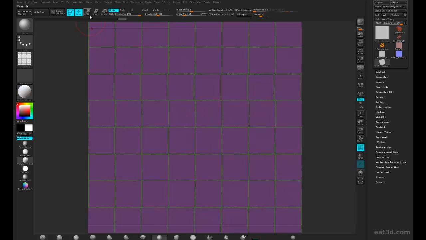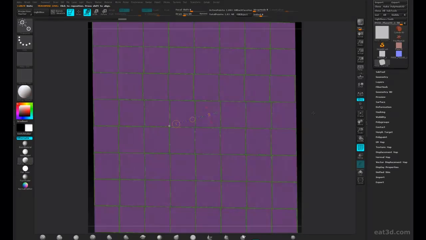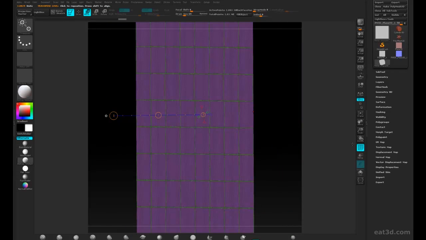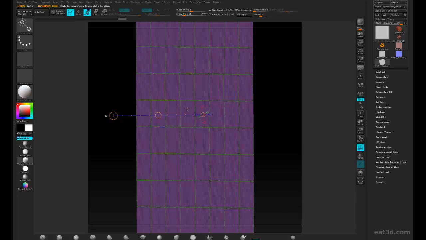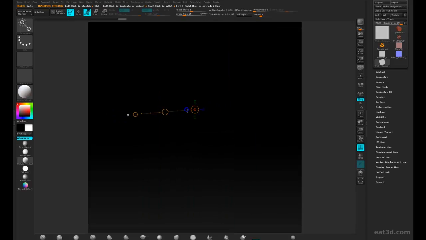So if I click on move, because I want to move these outwards, I'm just going to tilt this to the side. Okay, let me turn polyframes off. Well, actually no, I'll keep them on so I can see what's going on. I'm going to click here and drag this outwards. So I've clicked on the purple, and then I'm going to click on this blue circle there to constrain it, and now I'm going to pull it outwards holding shift, and you can see I'm just pulling this outwards slightly,